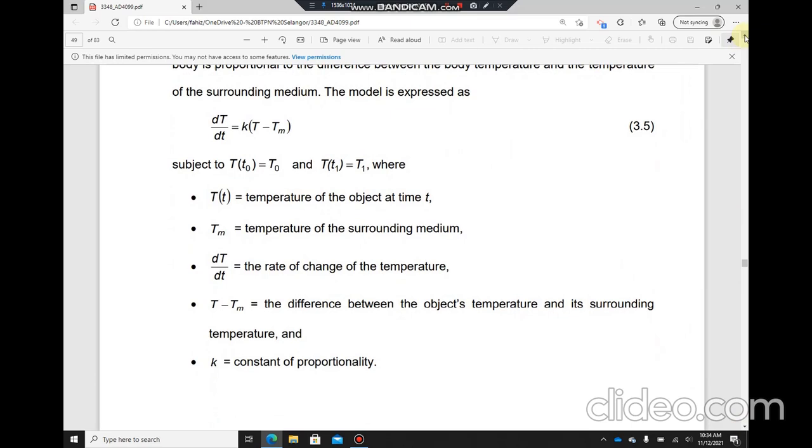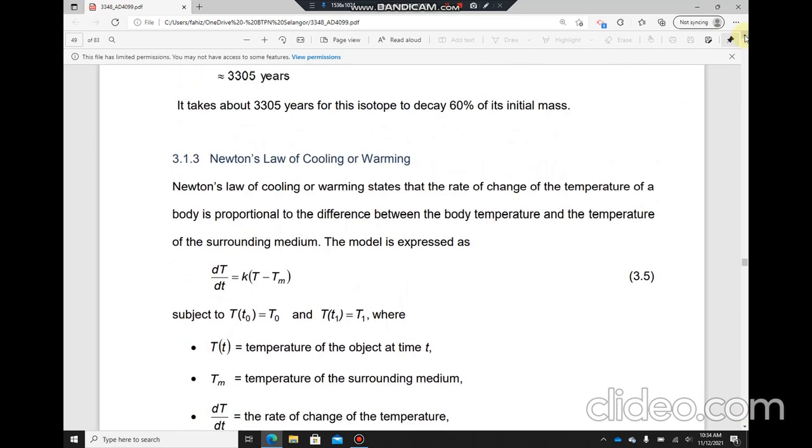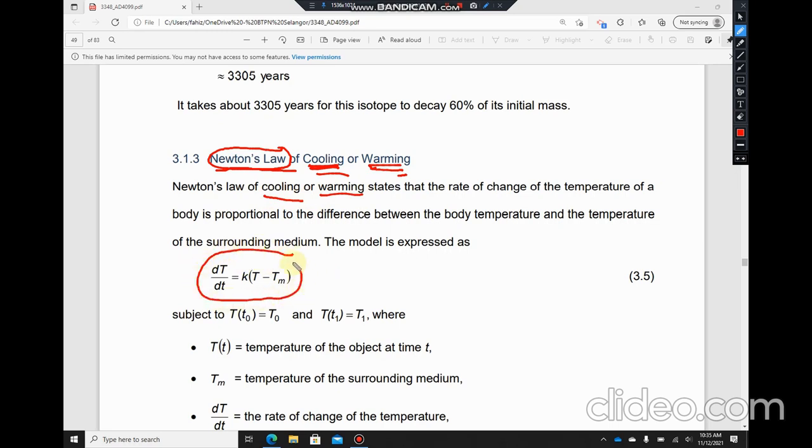Okay, so for Newton's law of cooling or warming, kat sini kita ada third problem, which is Newton's law of cooling or warming. Maknanya kita akan apply Newton's law ni dalam penyejukan dan pemanasan sesuatu objek. Okay, the model is expressed as dT/dt = k(T - Tm). Okay, so kat sini dia still sama macam